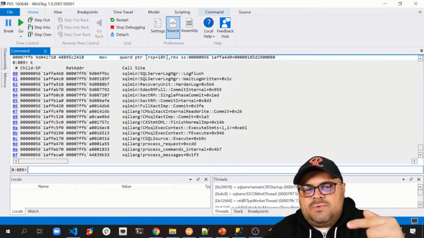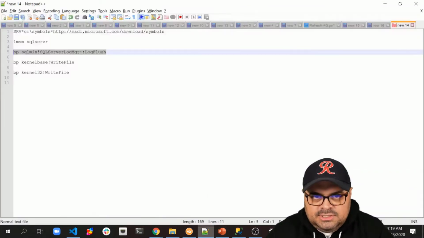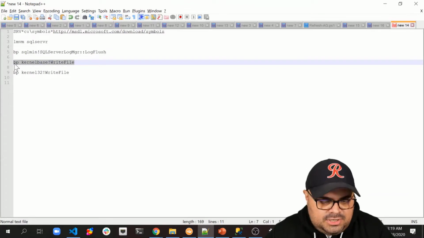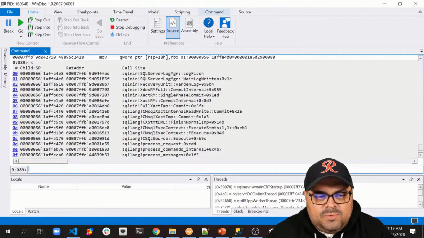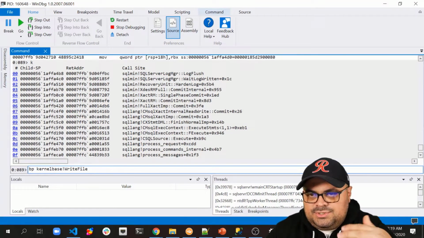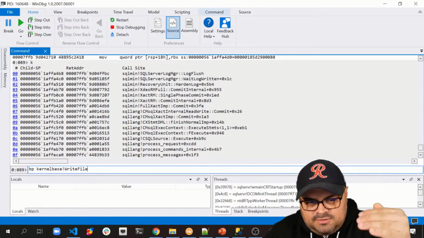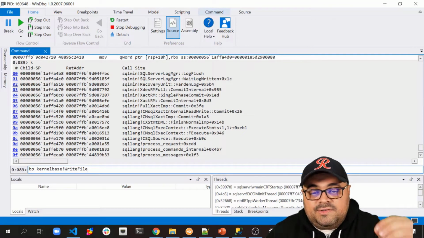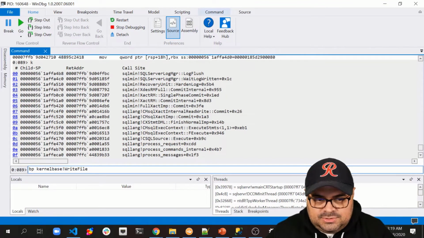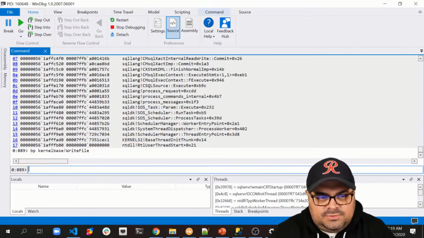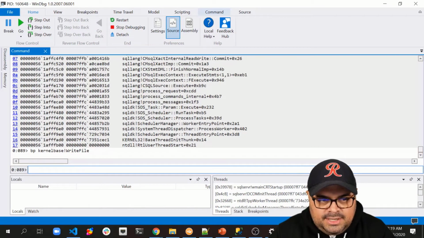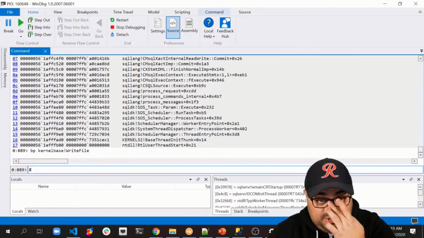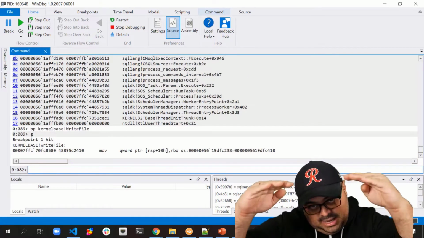But we want to see what happens when we actually flush. And so I'm actually going to create another breakpoint in the Win32 WriteFile API. So this is just the function within Windows that's going to be called by SQL Server, using Windows libraries, to perform the actual write to the transaction log file. So if I create that breakpoint, right, and then I say G again, I'm going to hit that breakpoint immediately, right? Because my previous